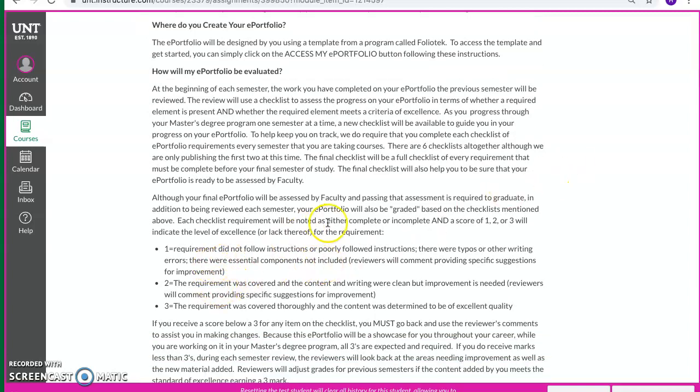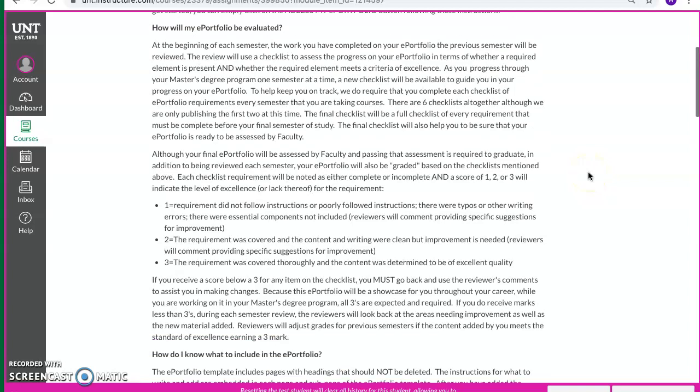We have a 3-2-1 system for grading each area in the e-portfolio. So 3 is really excellent, 2 means pretty good, but you still need a little bit of work, and 1 means a lot of improvement is needed. The reviewers will post comments, especially if you don't get that 3, that excellent, this looks perfect. If you get a 2 or a 1 on any area in your portfolio, what we want you to do